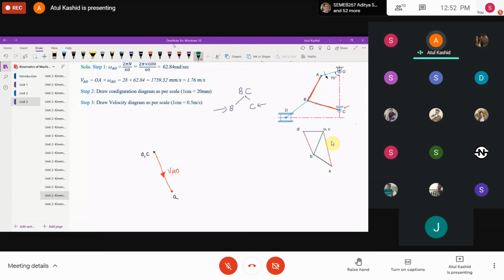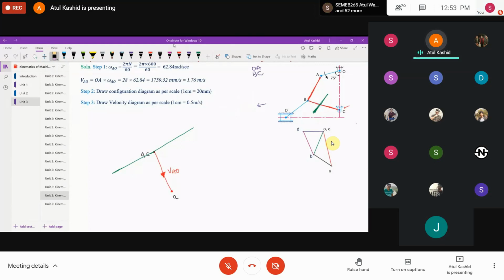So हम अगर BC consider करें link तो उसकी direction होगी velocity की perpendicular to the link BC. So what I will do, I will draw a line parallel to this in the velocity diagram. It will be like this, right? So what I've done, I've extended the both sides because I don't know the magnitude, only I know the direction, right? So I've done with the link OA initially, and now I've done with the link BC.